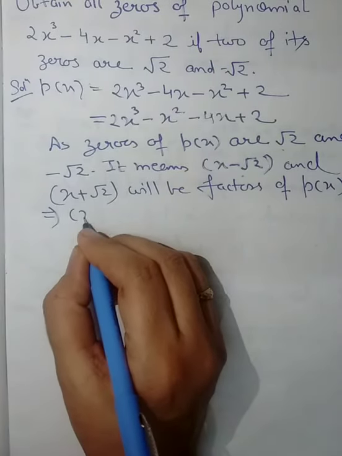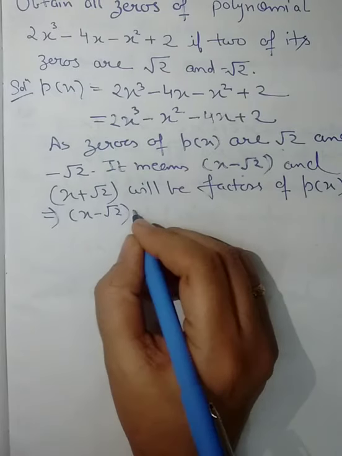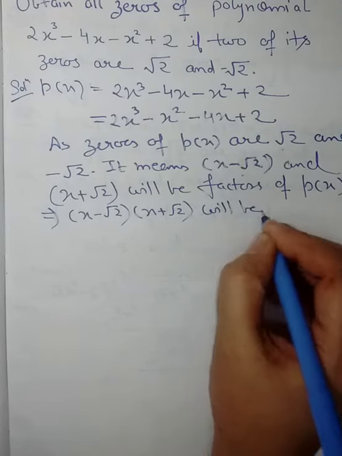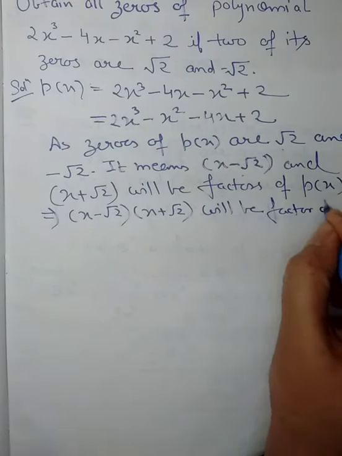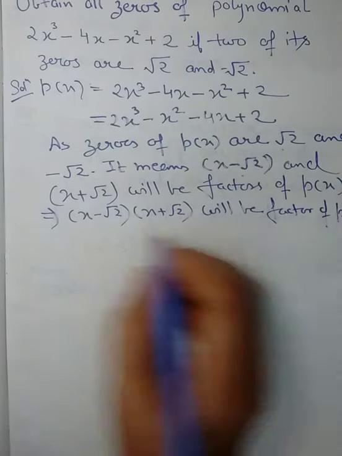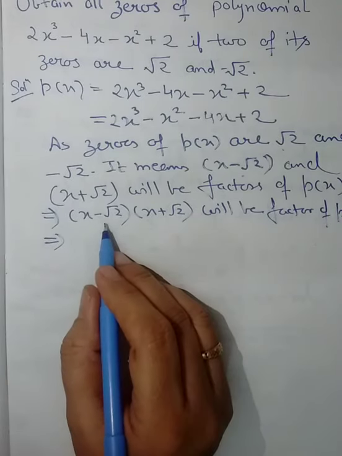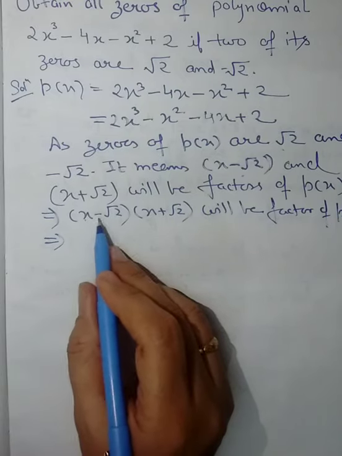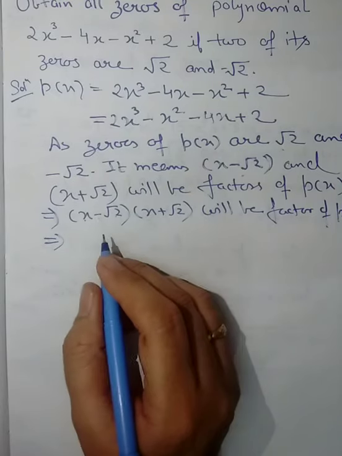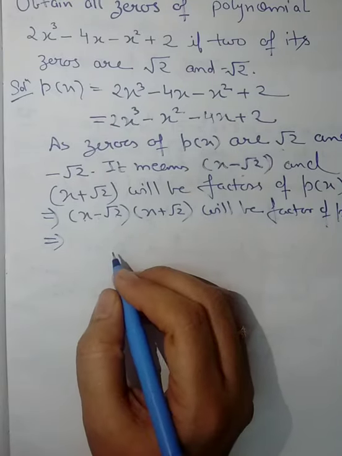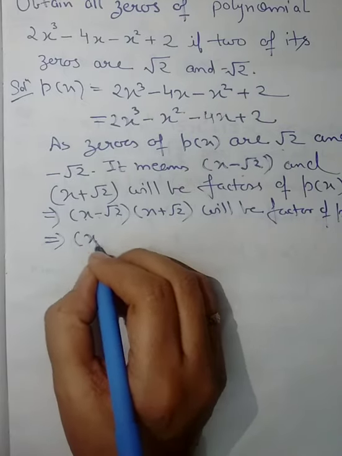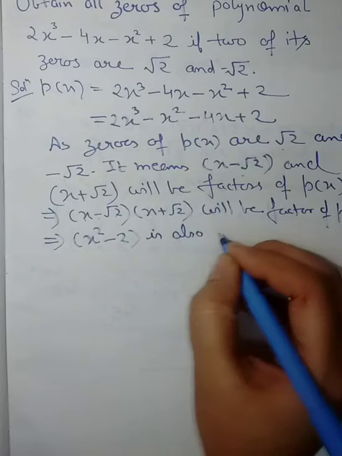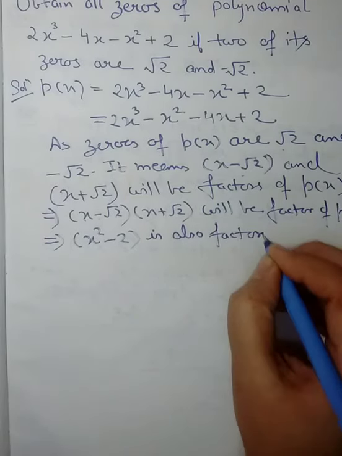Now here we can apply the identity (a minus b)(a plus b), which is a square minus b square, meaning x square minus 2 is also a factor of